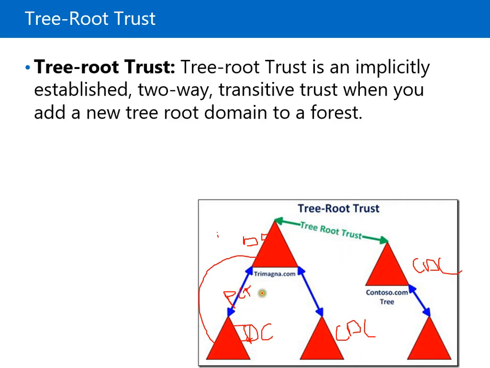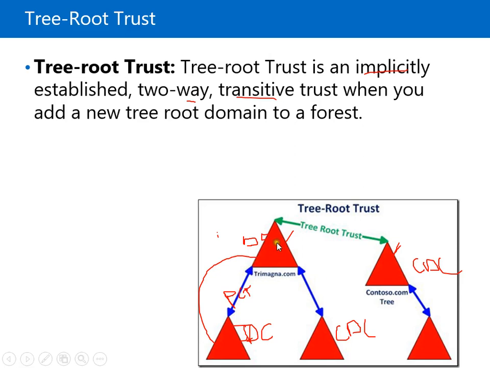Okay, domain controller. But in the tree root trust, this is a child domain controller, but this child domain controller does not follow the distinguished name or server name. So here maybe this is ist.com, you can create this as panas.com, but everything else will be the same. It's an implicit trust, means a default trust, it's a two-way trust, it's a transitive trust. Everything is as per parent child trust. Only one difference is that tree root trust does not follow the distinguished name of the server, but other things are the same. Okay, so let us work on this practical.